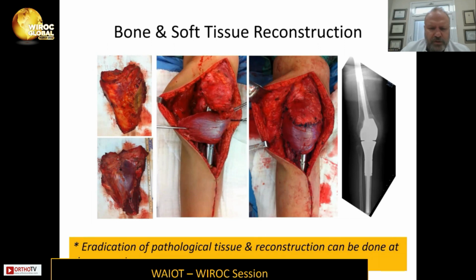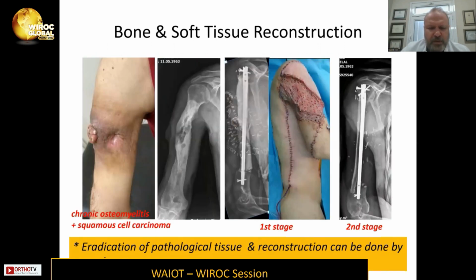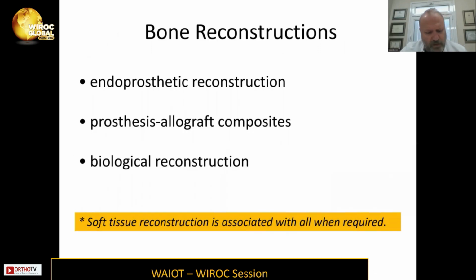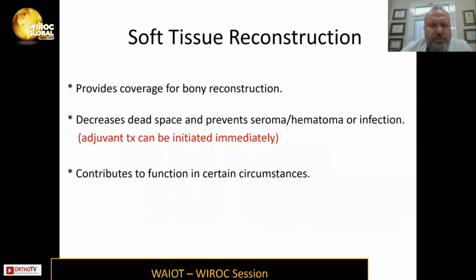Eradication of pathological tissue and reconstruction can be done at the same time or by staged surgery. Bone reconstruction can be in the form of endoprosthetic or biological reconstruction, and soft tissue reconstruction is associated with all when required. Soft tissue reconstruction provides coverage for bony reconstruction, decreases dead space, prevents seroma, hematoma, or infection, and contributes to function in certain